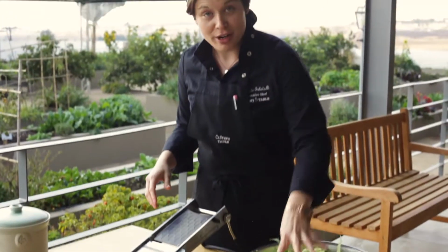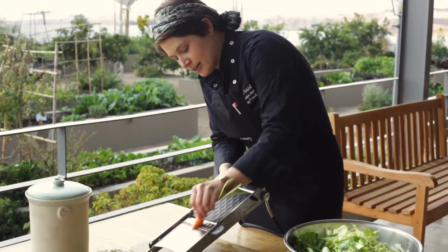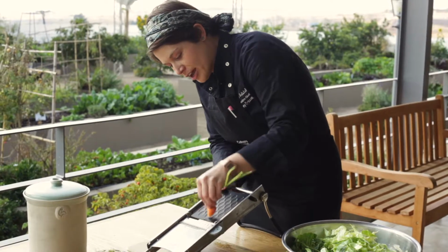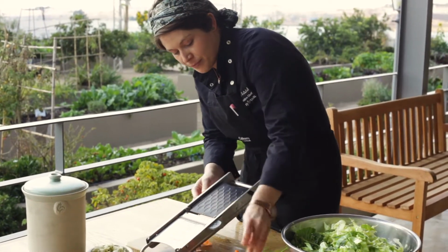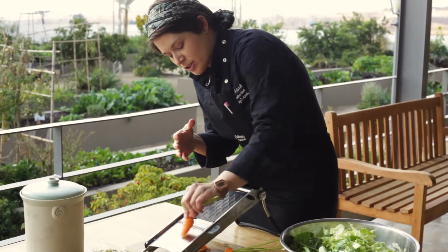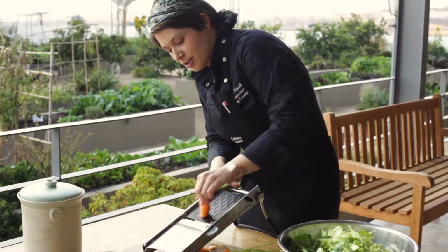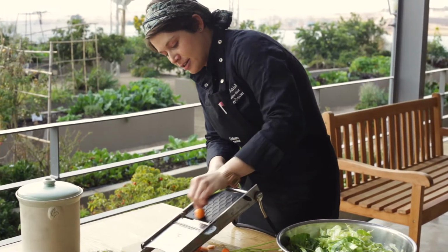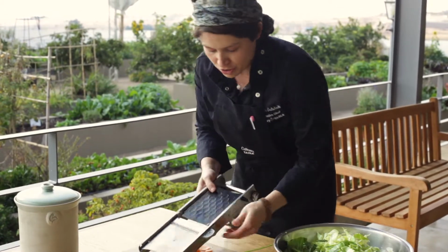So once the cabbage is shredded, I'm just going to mandolin a couple of little carrots, and the carrots really just add a little bit of texture and some crunch and a little bit of color, and they have a nice savory sweetness because the fermentation actually develops quite a funky flavor, and the carrot is a really nice balance to that. So even though it's not conventional and traditional, it's very welcome. So I'm just going to do these 2 little carrots,